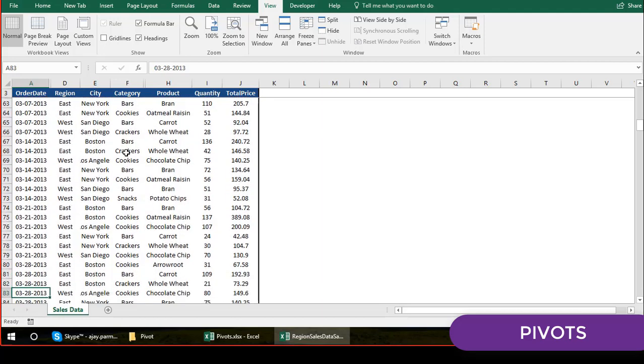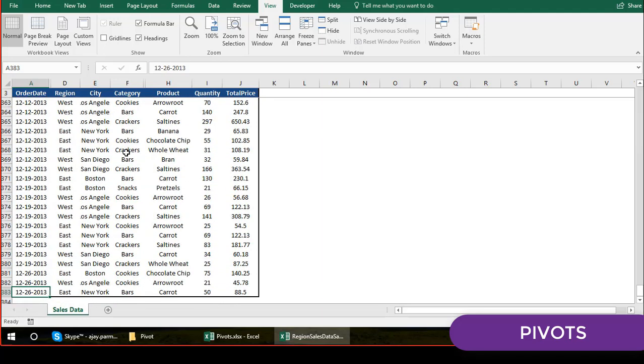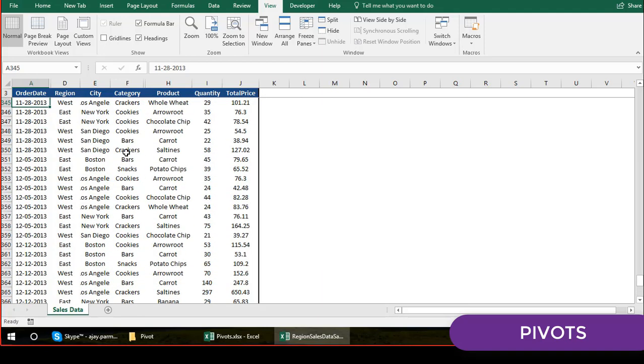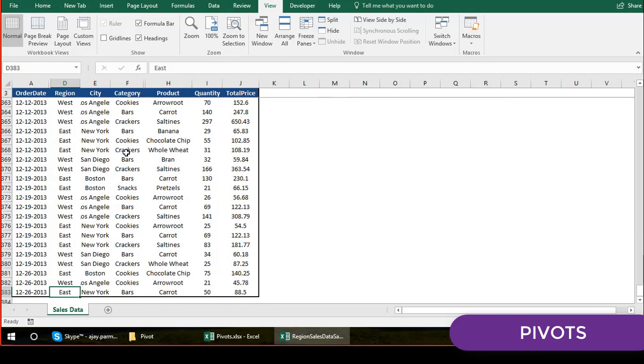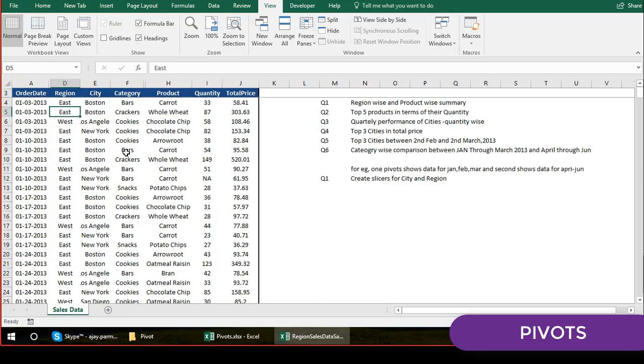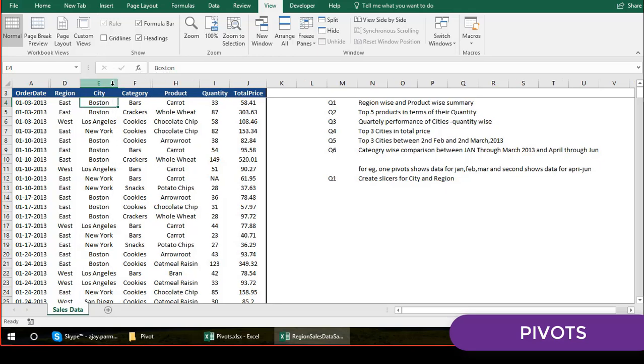Okay, and it's just the 2013 data, let's say, but different months are coming. Like this is your December, 5th of December, this is your 12th of December, right? So the regions are also there. We have east, west, and maybe something else as well, who knows. But right now I think this data holds only east and west. Then you have the city. In the city you have these cities, US cities, Boston, Los Angeles, all that.